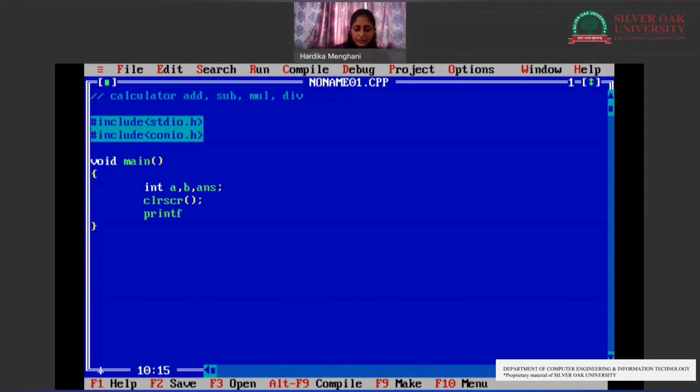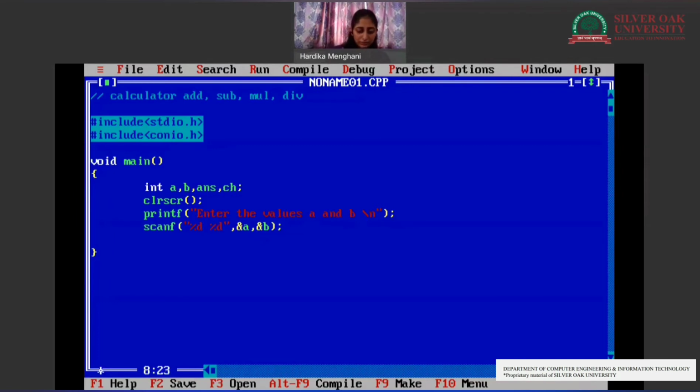Then we will be asking values from the user for A and B. Now we will be storing those values into our variables A and B. The format specifier used over here would be %d as it is an integer data type, %a, %b.